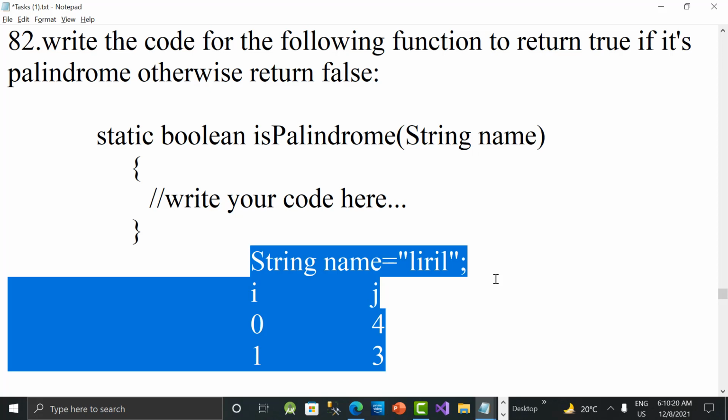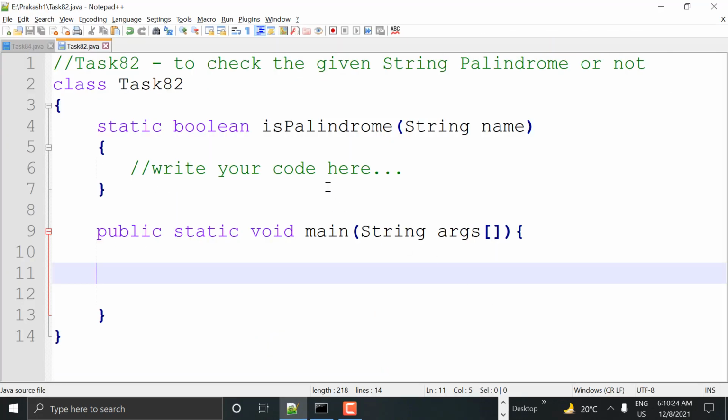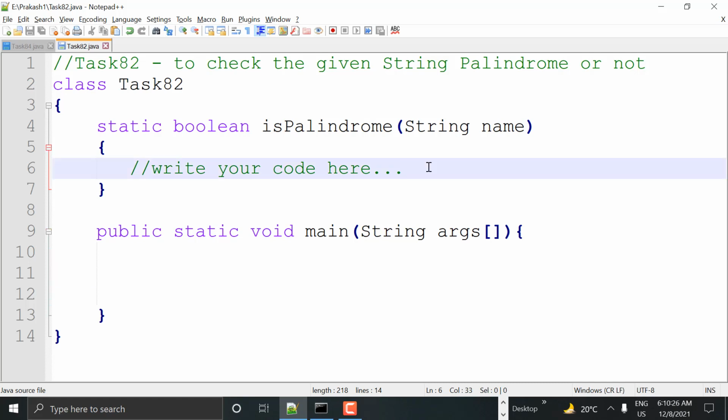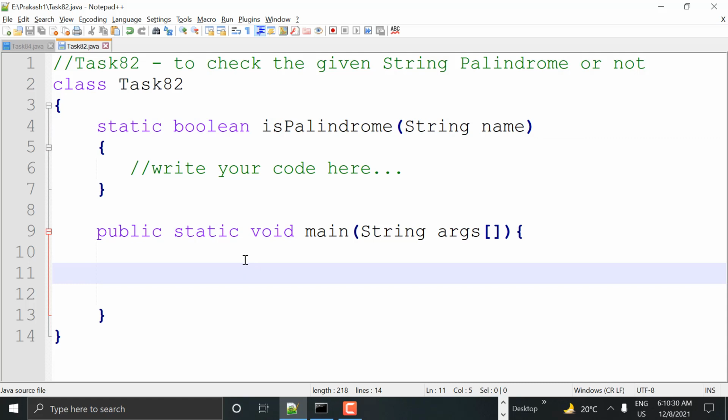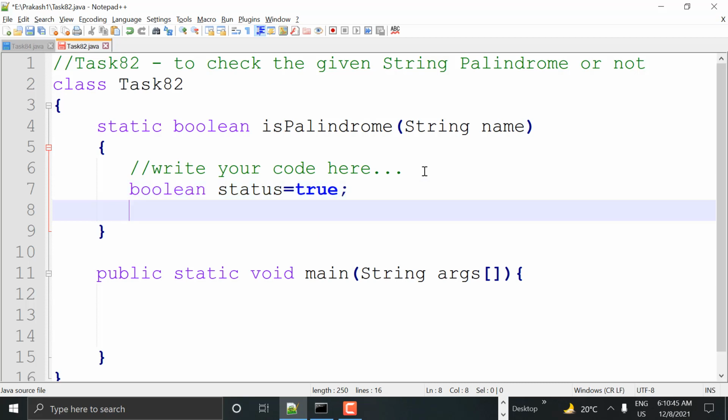So let's get started and see how to work with this logic. We are switching to Notepad++, in which we are writing the actual code, guys. We have received a string from our main function, which of course we'll write later. So we have received a string in name. Now what should I write here? We are taking a variable called boolean status. The variable name can be anything, guys, flag or status, whatever. I set status equal to true by default, and then we are writing a for loop.